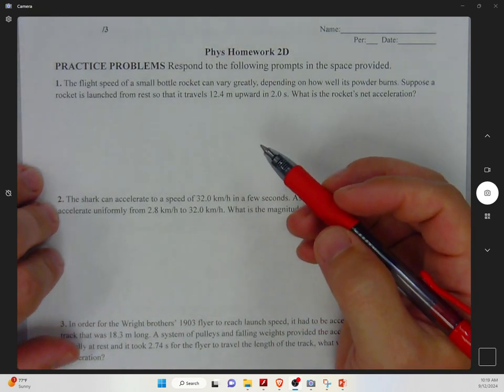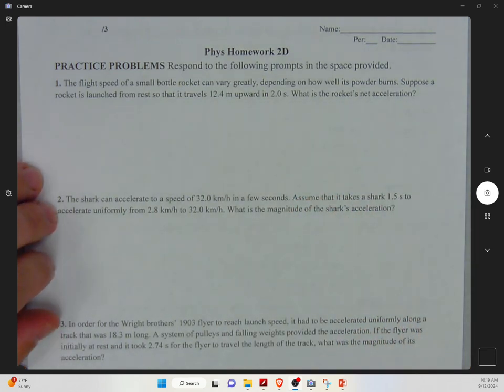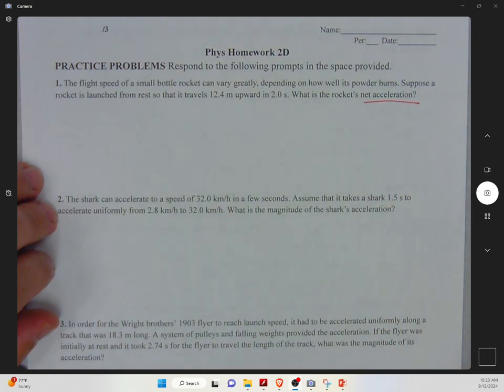All right, so let's take a look at homework D here. Notice that we are doing a lot of acceleration calculations here. If you have that good habit of actually looking through the assignment before you start it, you notice a lot of acceleration calculations. So number one, the flight speed of a small bottle rocket can vary greatly, depending on how